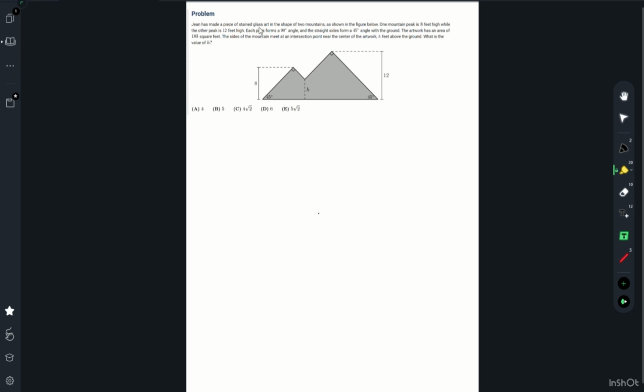So first, let's highlight important parts. Each peak forms a 90-degree angle, and the straight sides form a 45-degree angle from the ground. There's one peak that's 12 feet high, and the other one is 8 feet high. Total area is 183 square feet. So, first of all,